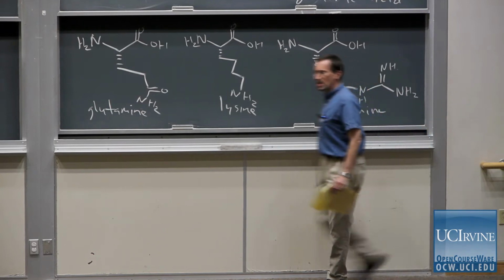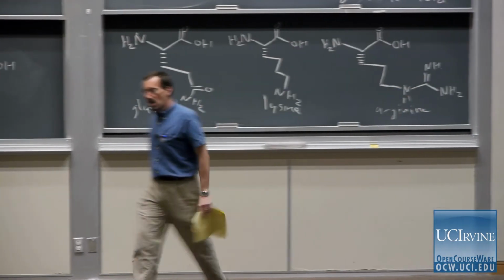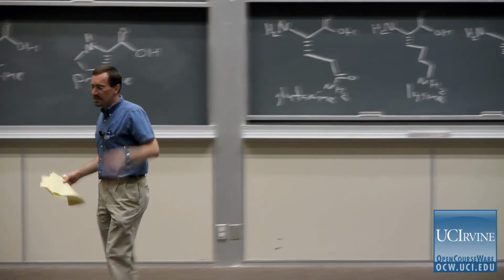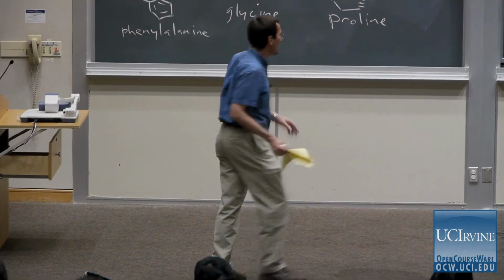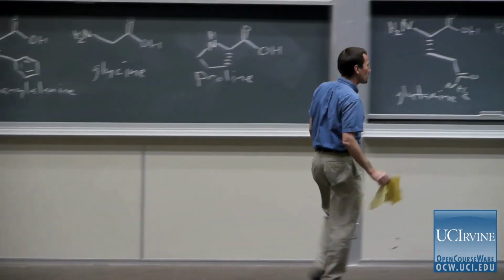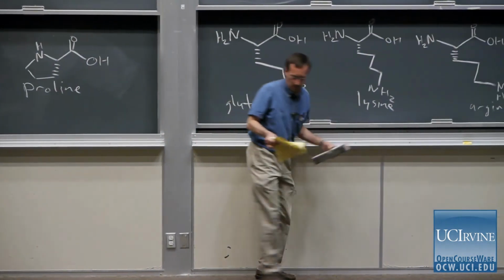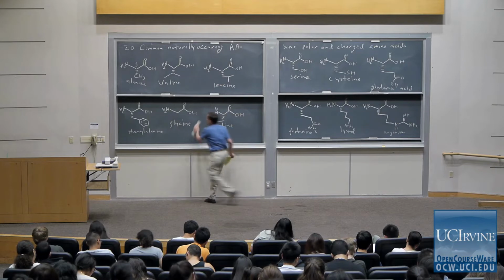Arginine is even... Arginine. Arginine, the side chain's even more basic than an amino group, and so it's going to really be protonated at physiological pH, at just about any pH you can imagine. All right, now,